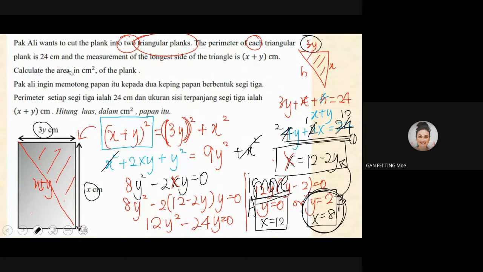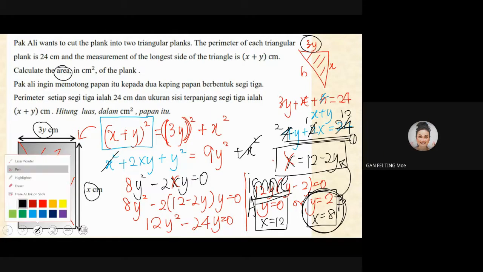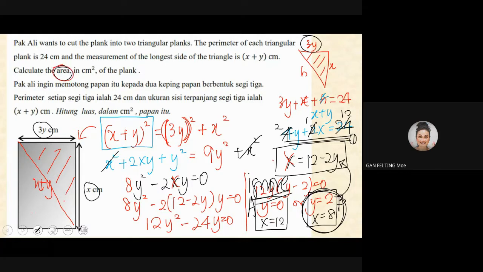The question says that they want the area. Okay, I erase this one so that it looks tidier. So area means 3 times y, where y is 2, 3 times 2, I get 6. And then the length should be 8. So therefore, the area should be equal to 6 times 8 equals 48